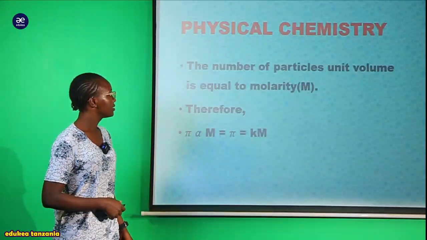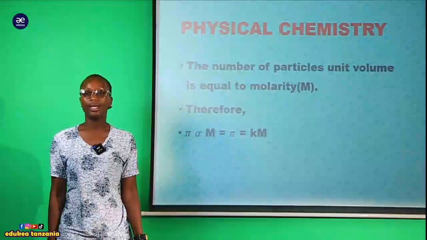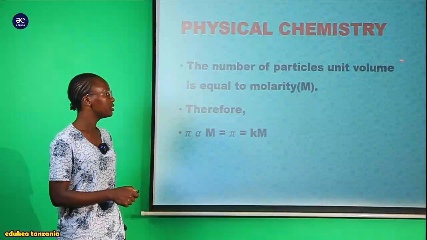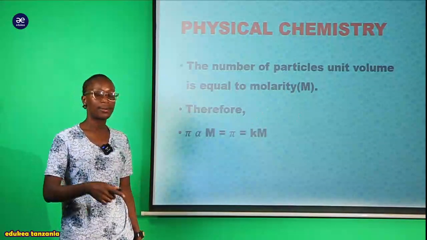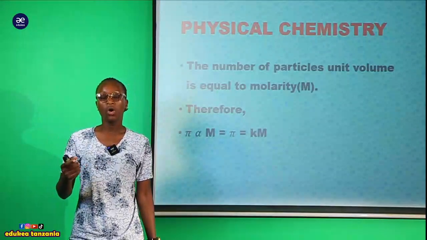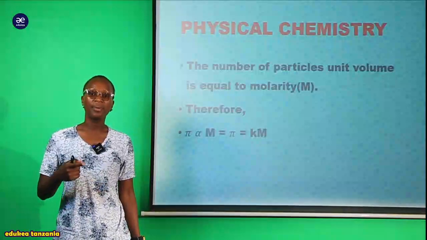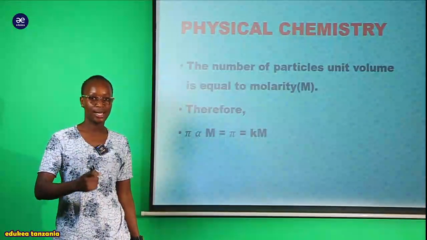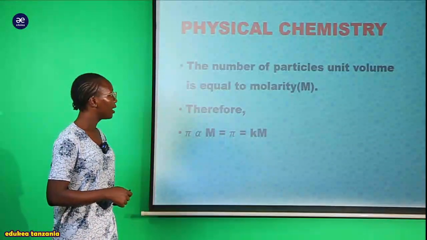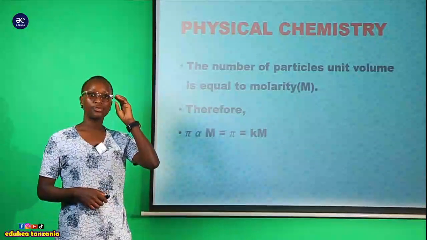So now my students, you can see that the number of particles per unit volume is equal to the molarity. Kwa maana yake kwamba tukiwa na number of mole of the solute over the volume of the solution, hiyo tunajua ni nini? Is molarity. Na hiyo ni formula ya molarity ambayo ulishaitumia sana katika kusolve maswali mengi ukiwa katika O level. So utaona kwamba kama n of the solute over volume ni molarity, kwa maana yake kwamba tutasubstitute kwenye ile